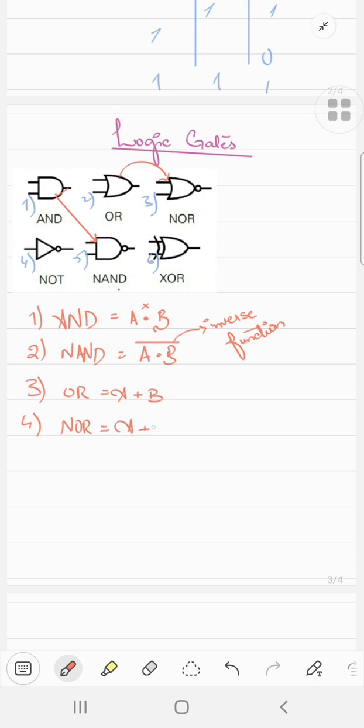You get the value of A plus B, and then you inverse it. This again means inverse function. The fifth gate we are discussing is the NOT gate. The NOT gate has only one input. If you see these